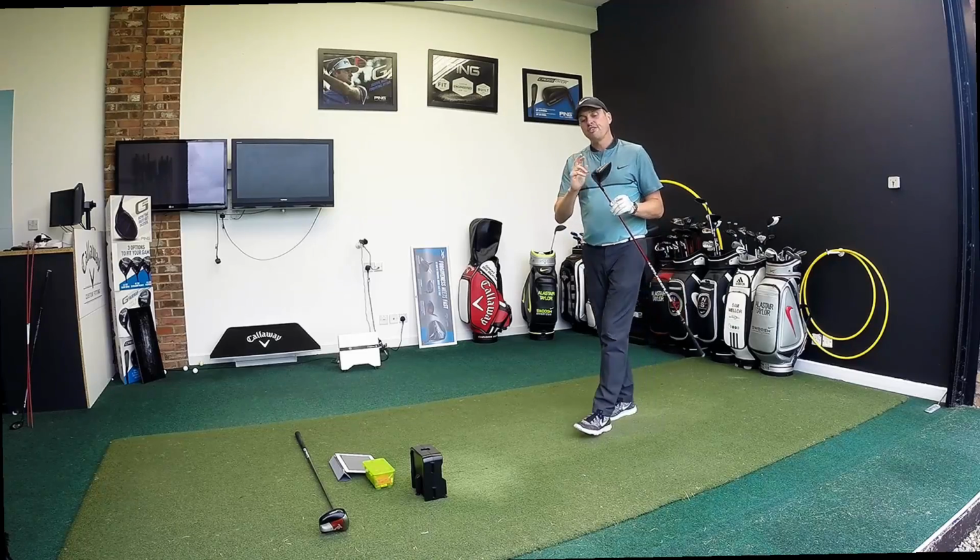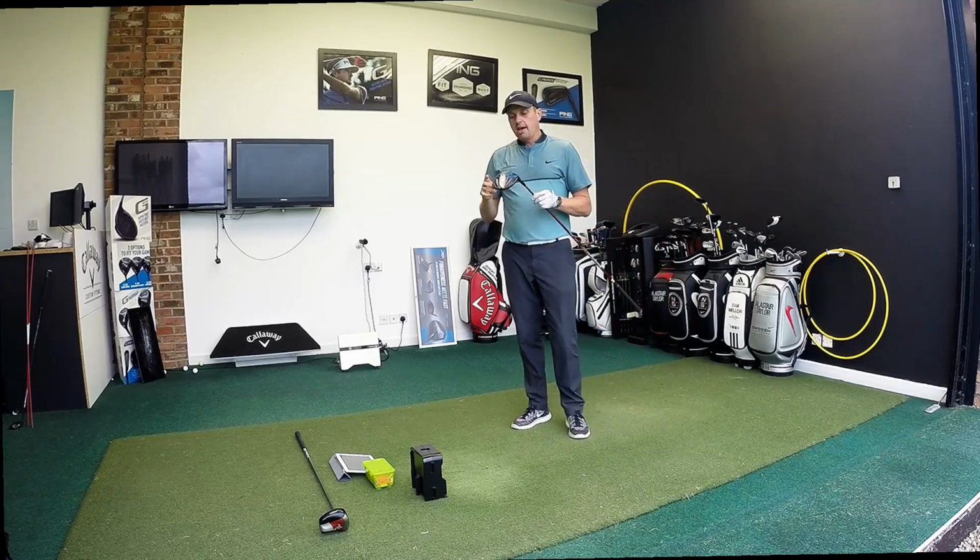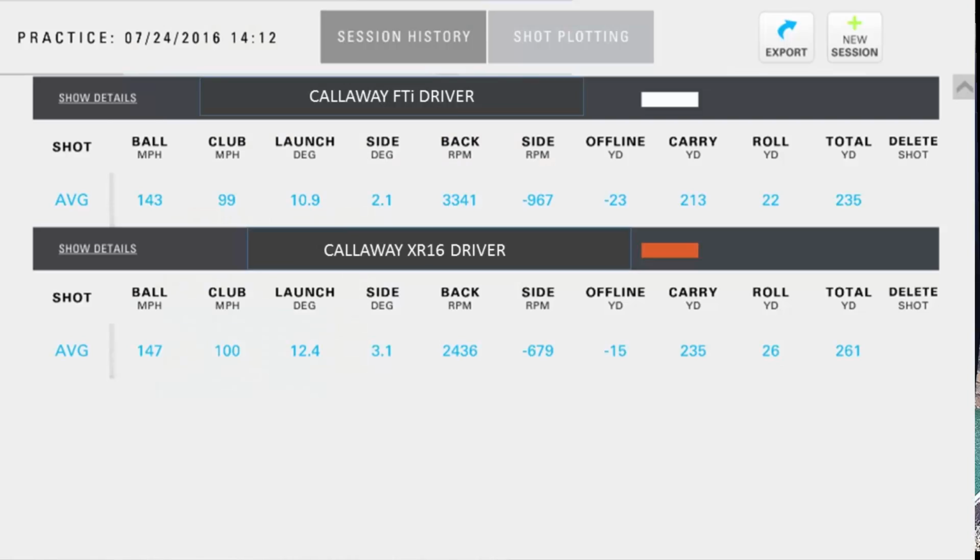Okay then guys, so I actually felt I hit XR16 better, bigger head. In theory, is it more forgiving? I would say on those shots, yes, but let's look at some numbers, so you came out on top. Okay then guys, so club head speed almost identical, bit more ball speed out of XR16. Spin was quite a bit lower on XR16. Certainly the FTi spun more, and I think, like I said, that was very much what tended to happen with